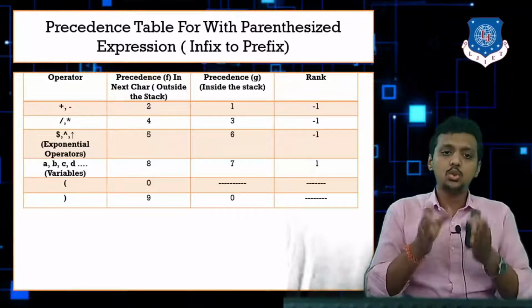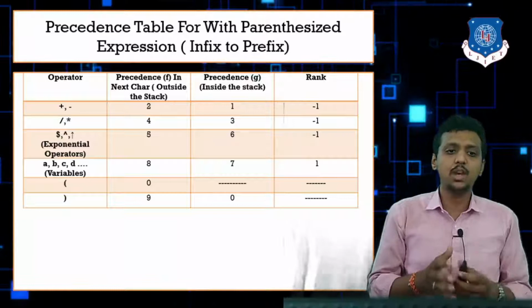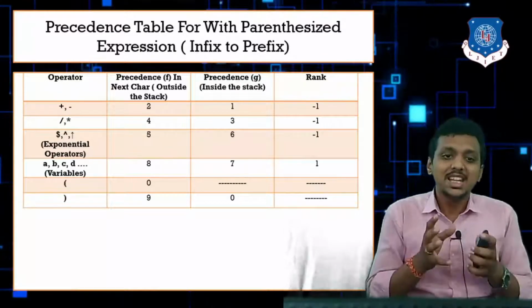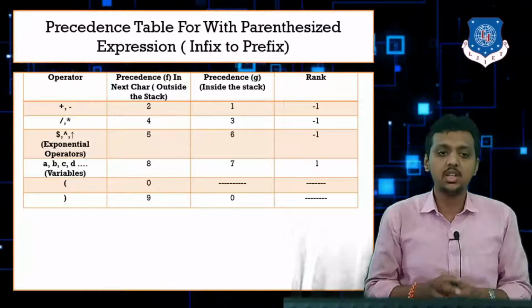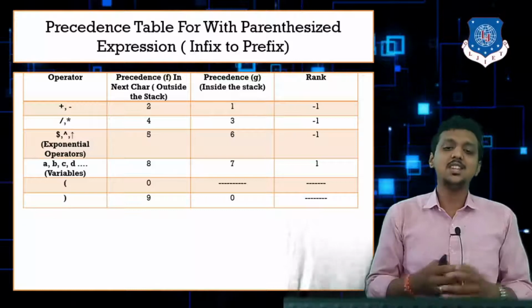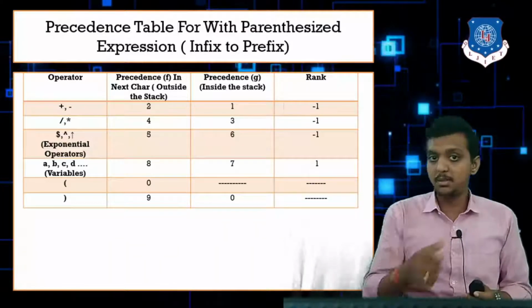Okay, so totally the precedence is reversed. It goes like this: 1 2 3 4 5 6, but in a reverse position. Inside the stack we start with 1, outside the stack we have 2 for the plus and minus. See, there is no change in rank, so the rank is as it is, but always remember the change in